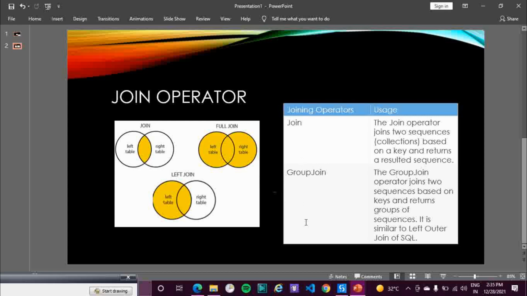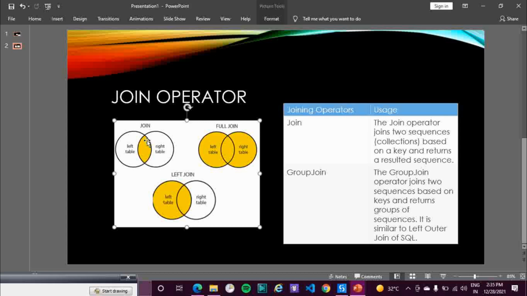Before going into UiPath and writing the LINQ query for join, let's understand what inner join, left join, etc. are. When we see the join operator, we usually have four types: inner join, left join, right join, and full join. Inner join returns the data which is there in both tables.